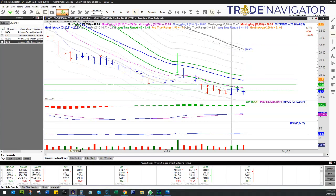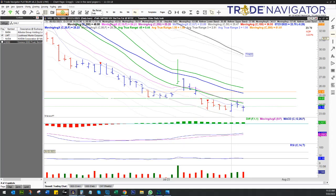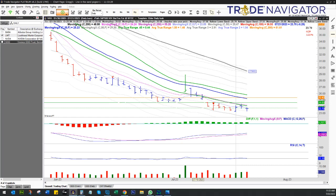All right, next trade, VIX. I did take VIX back here on the 19th of July. A lot of reasons why I took this trade. First of all, I want to point out the double bottom bullish divergence going on. You might say, what is that? Well, this is something that I learned